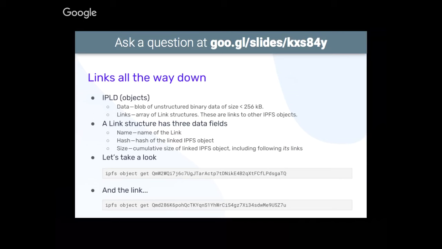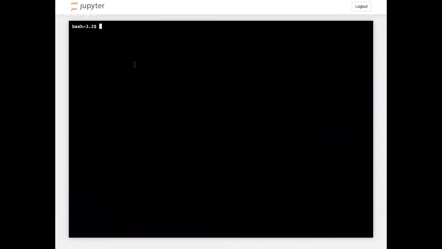So we can start right away by playing around with various objects from within IPFS. We can do that from the command line, and we can take a quick look at the object structure of our cat image from our previous session. So here's a chance for you to do some copy pasting. If you jump over to your terminal and copy and paste that first line in there, and we run that,